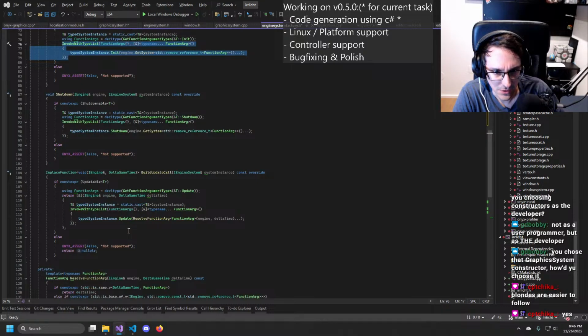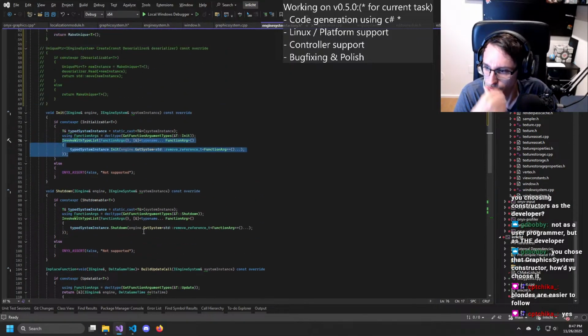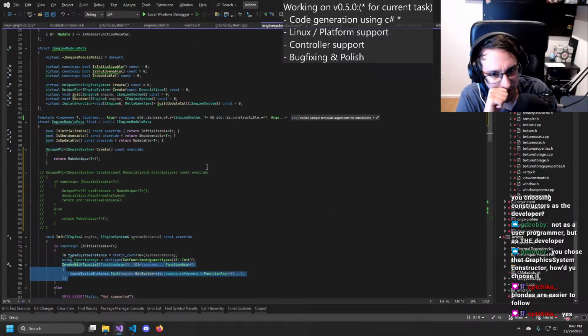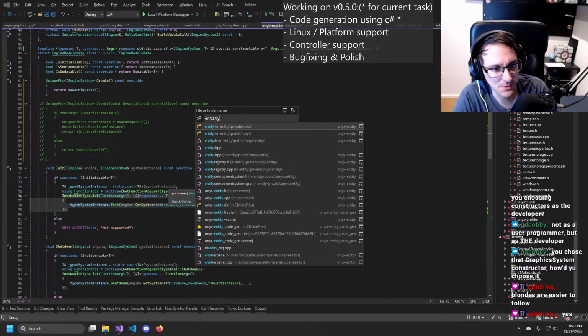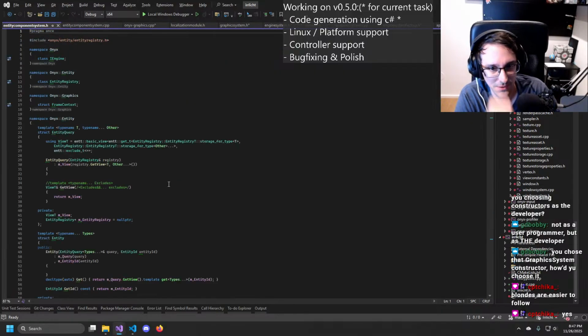Did I not do that already somewhere? Did I not already do this breaking up somewhere? Maybe the entity component system, maybe?